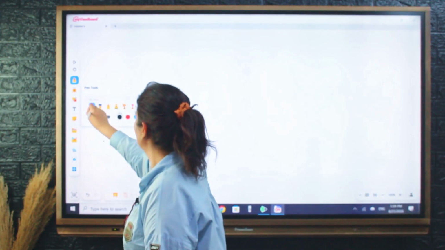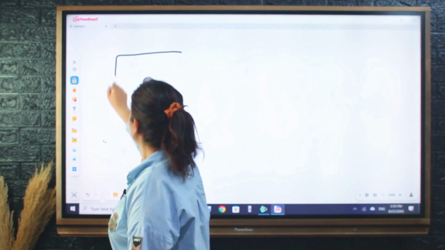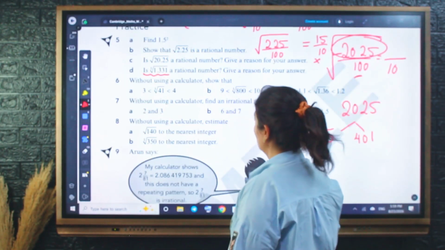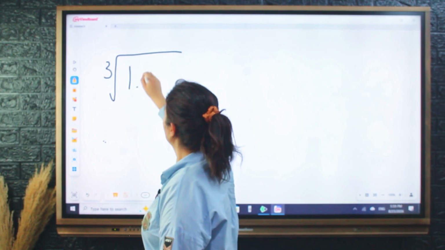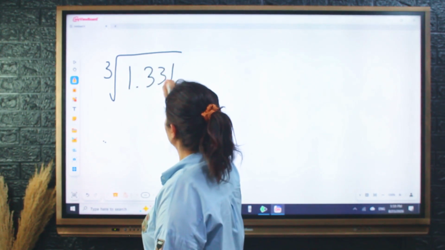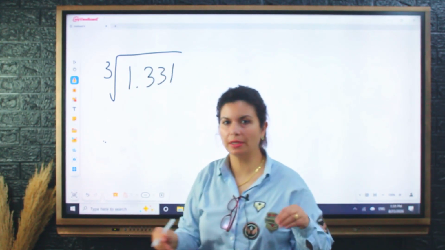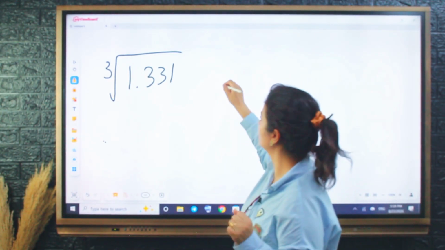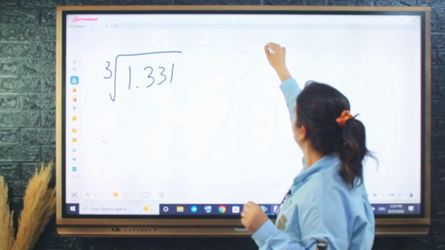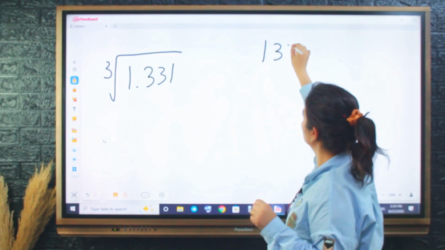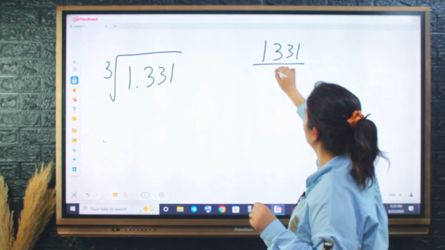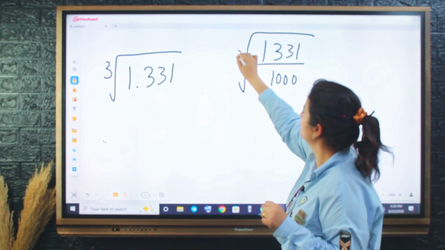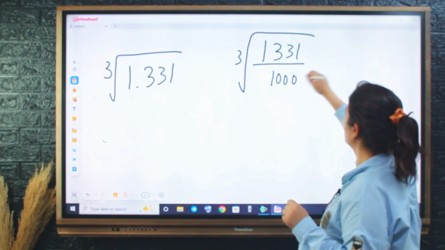The number was the cubic root of, I need to remember, 1 point. Okay, we need to factorize the number so we can break it down and see. This number is like that over 1000, and we need to find the cubic root. Let's factorize